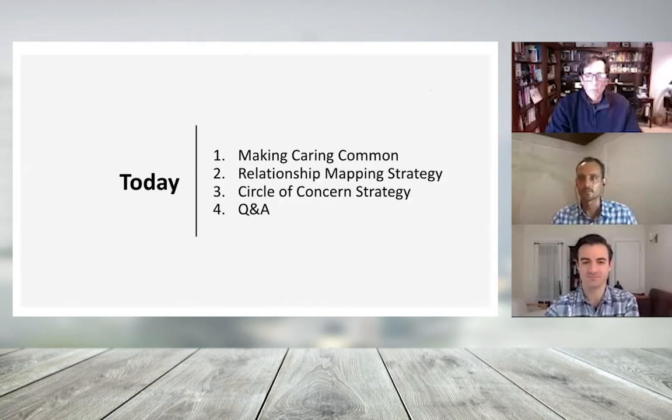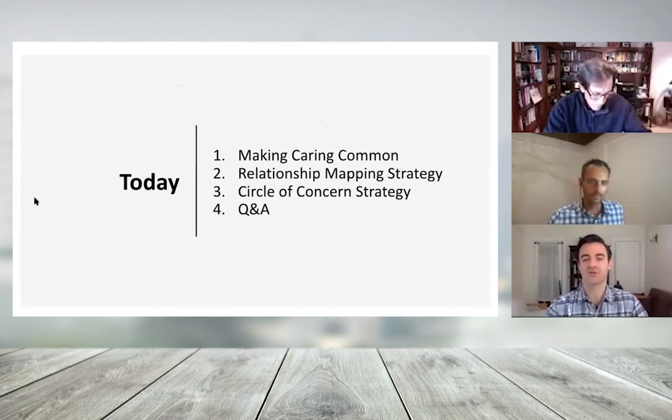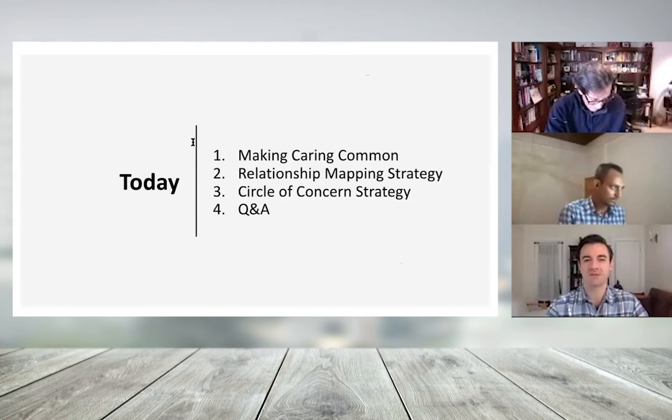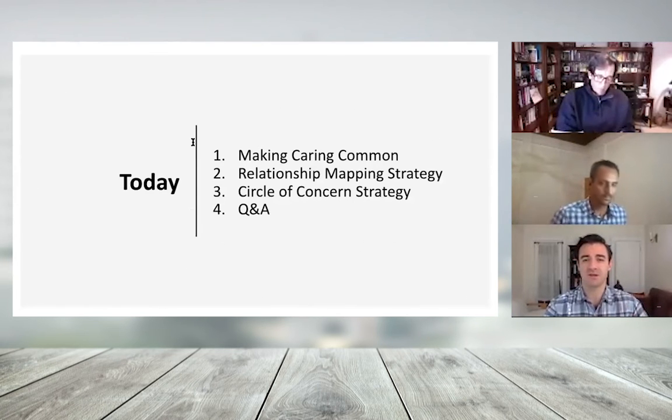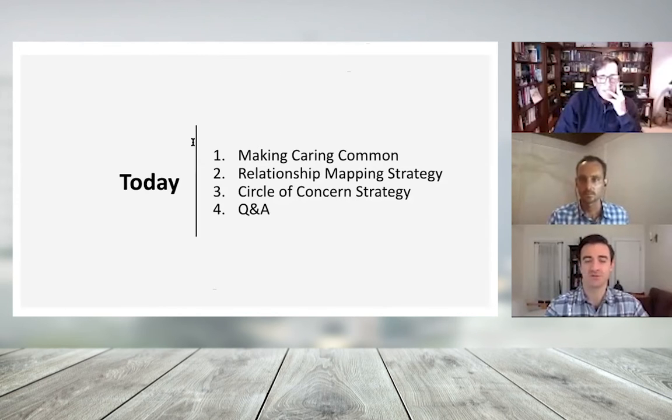Today I wanted to introduce our organization, Making Caring Common, and share a bit about our vision for ethical school leadership. We'll dive right into our first strategy of relationship mapping, and I'll discuss how it can be used to first get a sense of the relationships between students and adults, especially which students are connected to a caring adult in their school. Those who maybe still need a trusted adult in their school, and then it helps educators follow up with those students and really start to build those relationships.